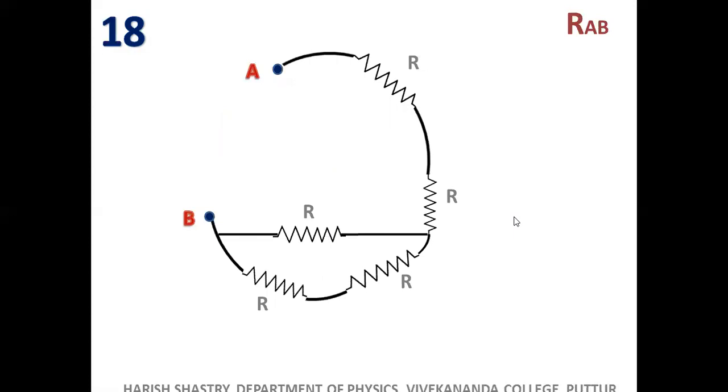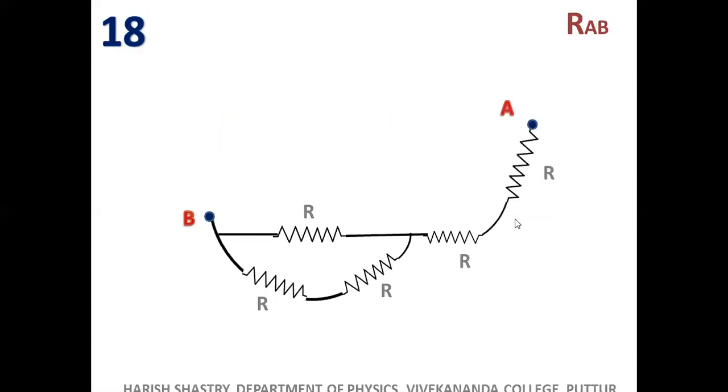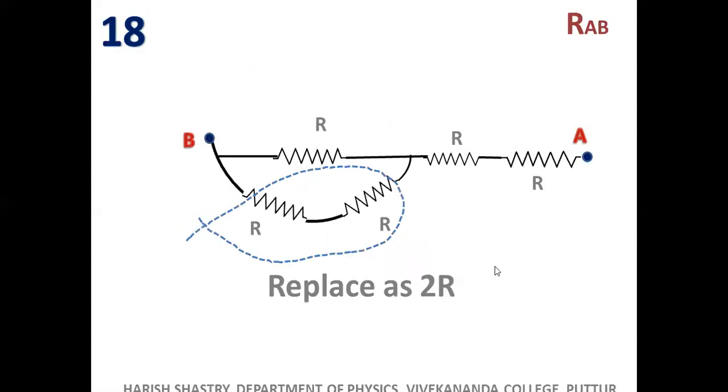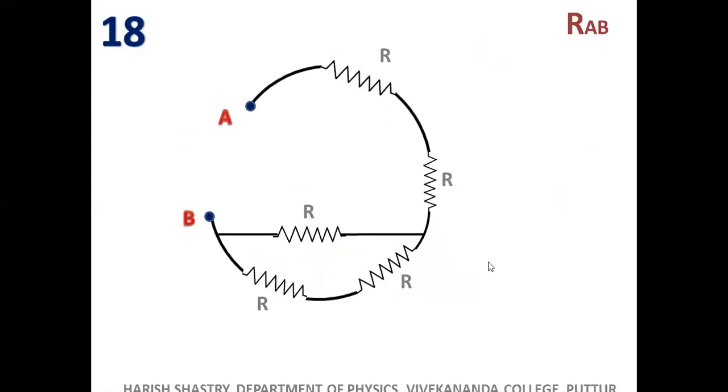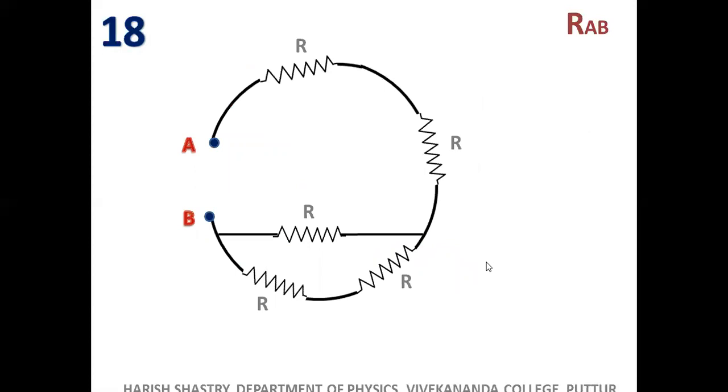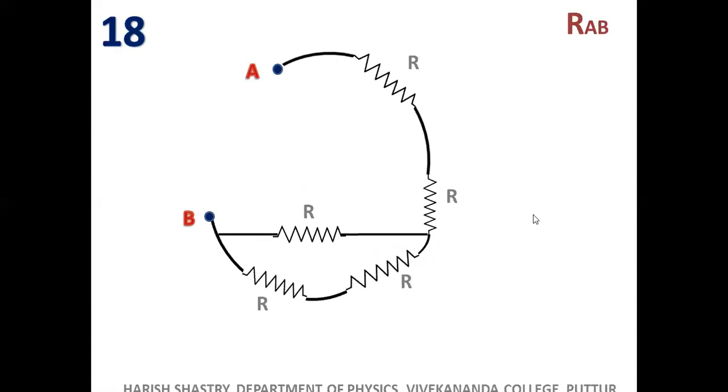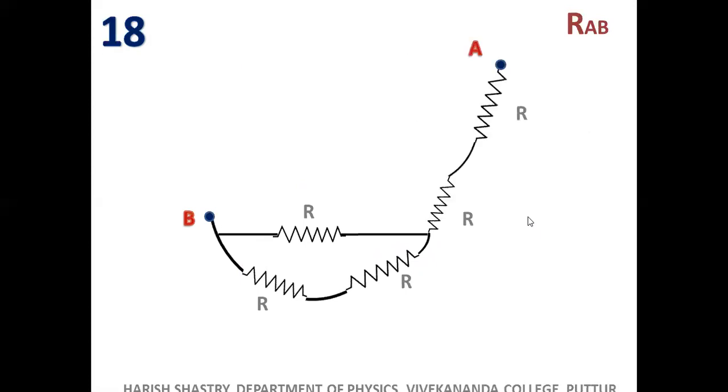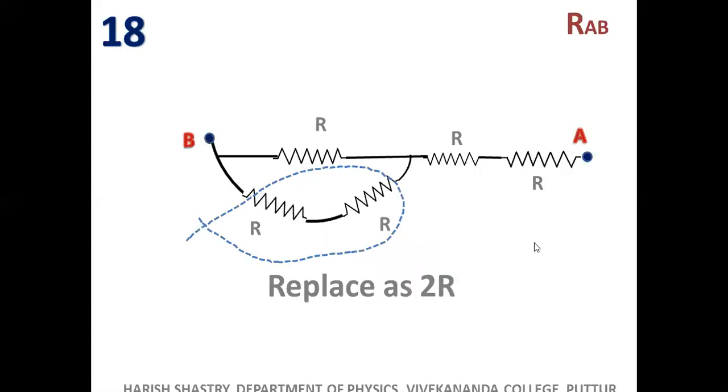So, we will bend it so that we don't lose any connection and we don't change the electrical appearance of the circuit. The diagram appearance may be changed, but electrical connections are not changed. So I will just simply move this. This connection will be the same. This connection will remain the same. No connection is lost. Everything will be retained. Current flow and total resistance will not be changed. So I will move this like this.